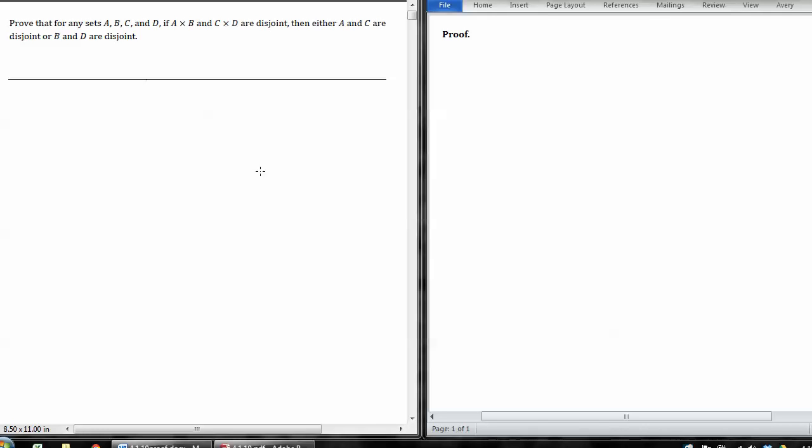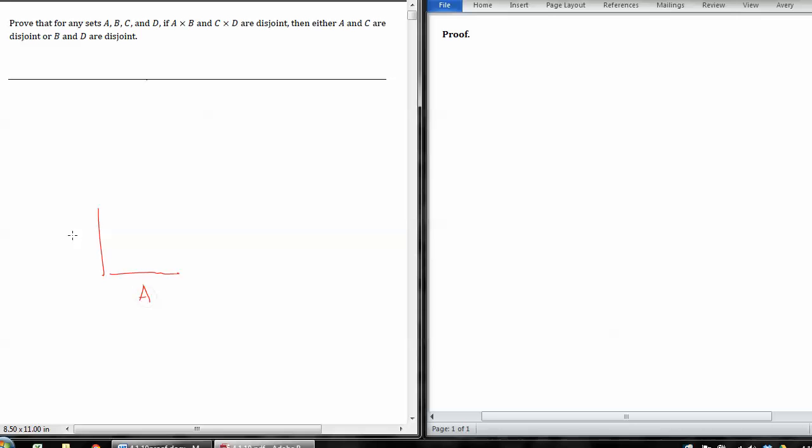Prove that for any sets A, B, C, and D, if A times B and C times D are disjoint, then either A and C are disjoint or B and D are disjoint. Alright, let's try and sketch this out. So we might have